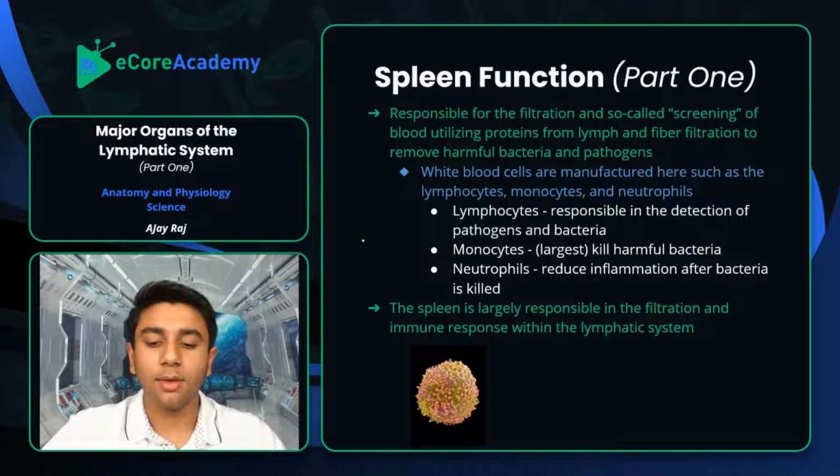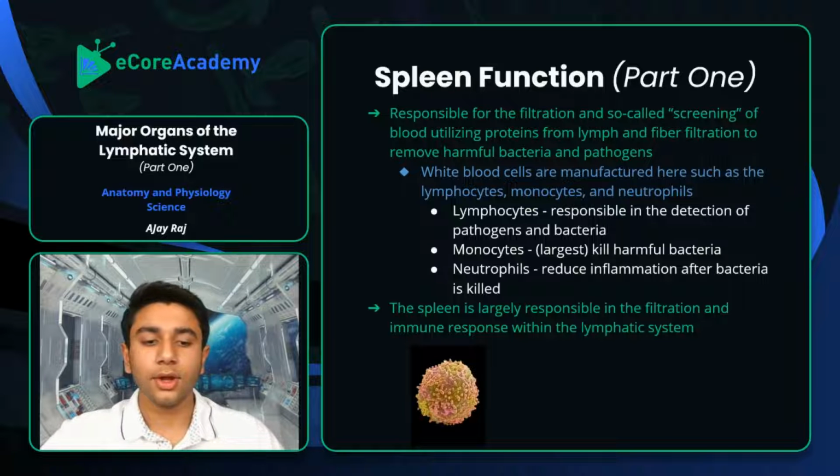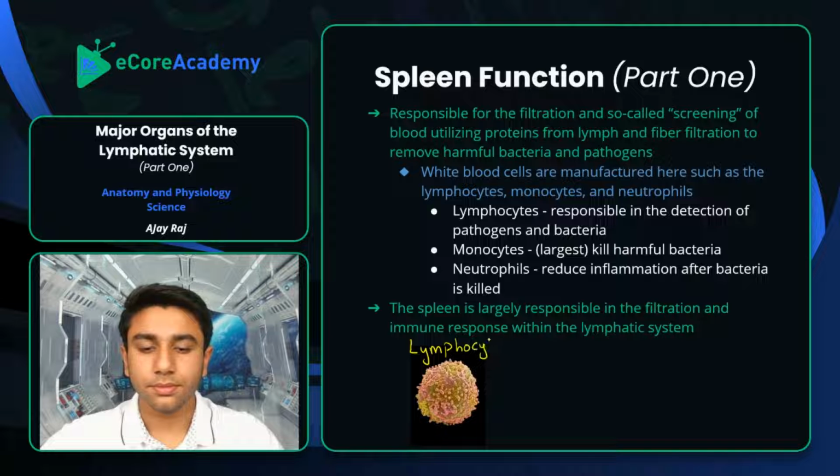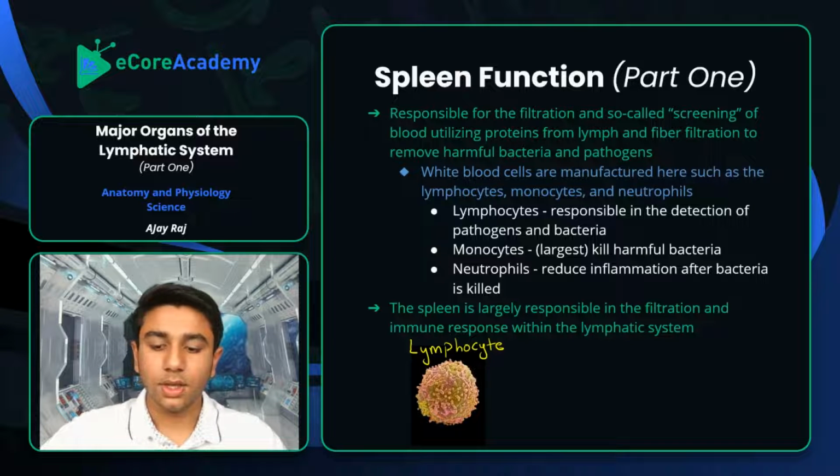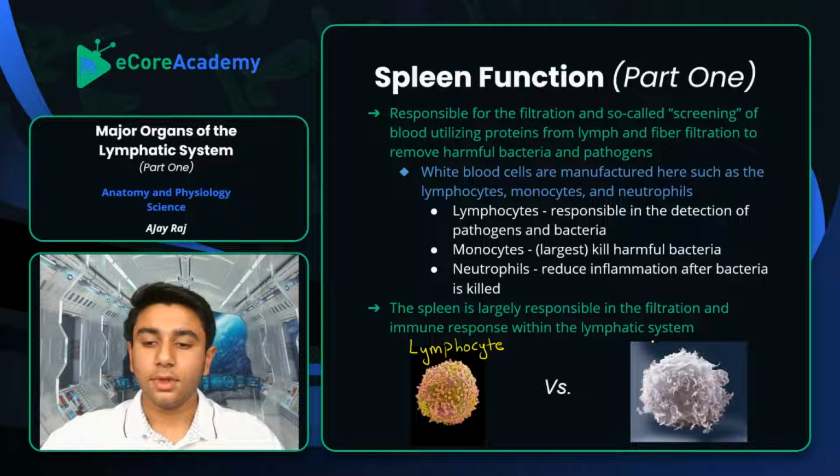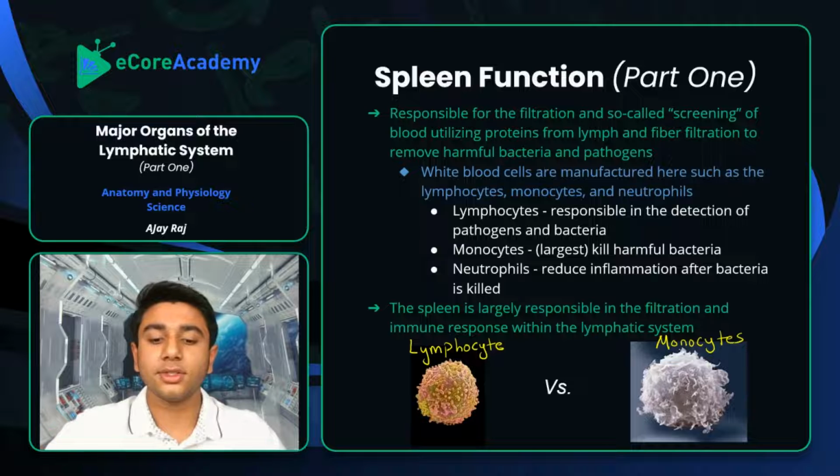And as you can see here, I just wanted to put it out there just as a little identification. So right here on the left-hand side, we have our lymphocytes, and versus our given monocytes. And an easy way to actually remember this is that there is a difference on the surfaces of the lymphocytes and monocytes. When you're comparing them, they definitely do have a difference in size, but appearance-wise, the difference between